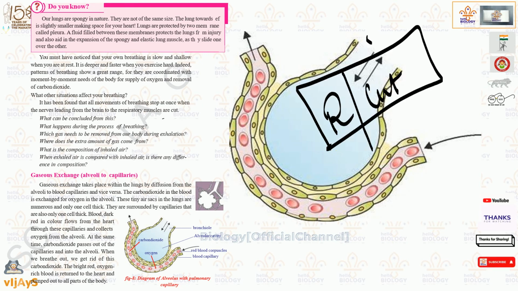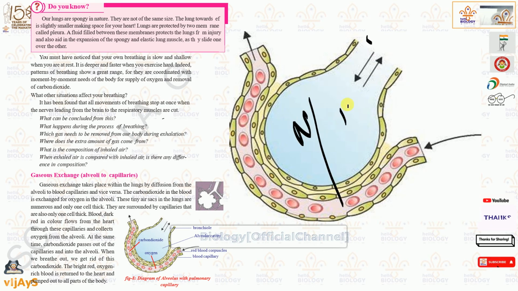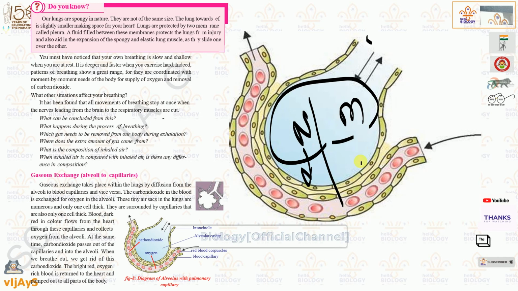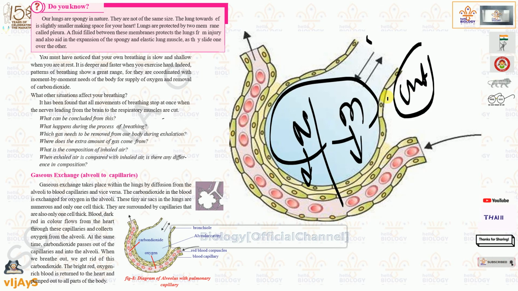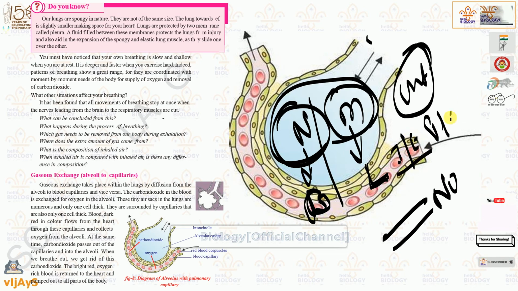So, what will happen here? That means if all the nerves have been cut, usually, if all the nerves of the brain and the muscles of respiration are cut, what happens to breathing? No breathing. Why? Because there is no coordination between the nerves of the brain and the muscles of the lungs. So there will not be any connection. Brain will be sending messages to breathe to the muscles. So muscles will help the lungs to inspire and expire the air. That means inhale or exhale the air.